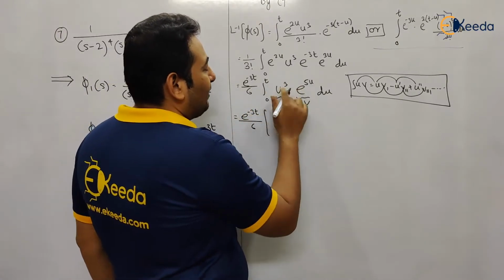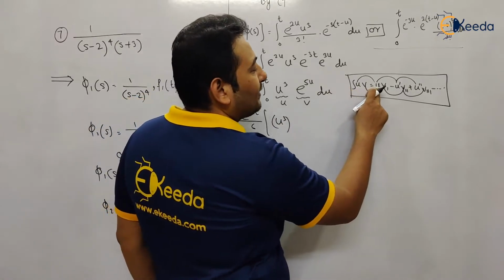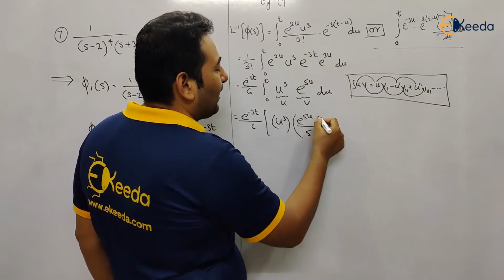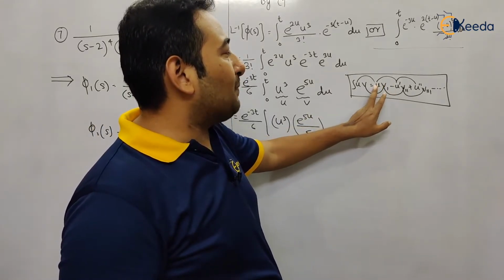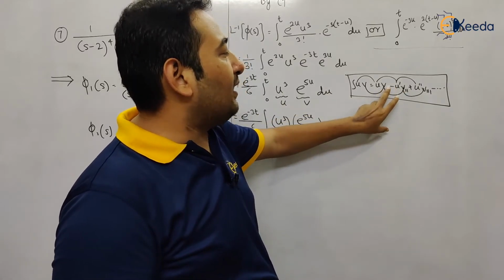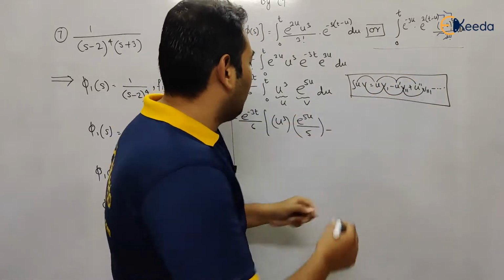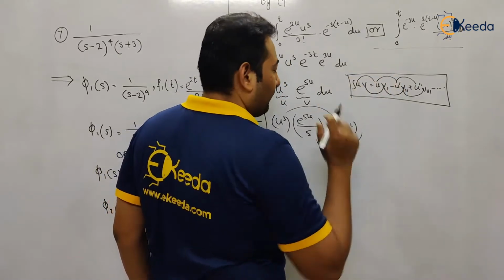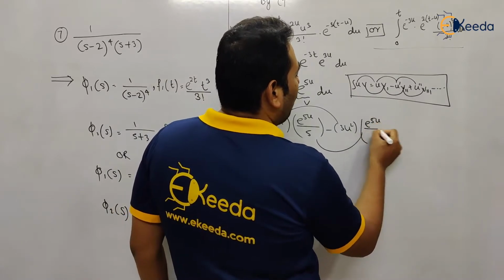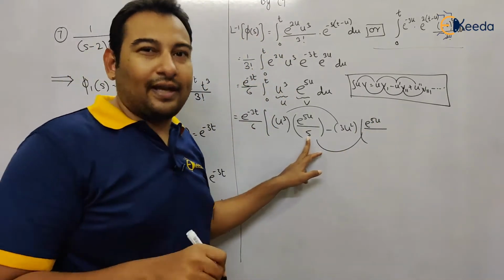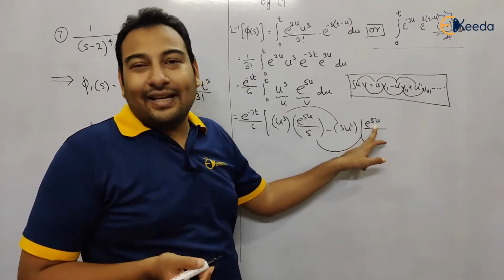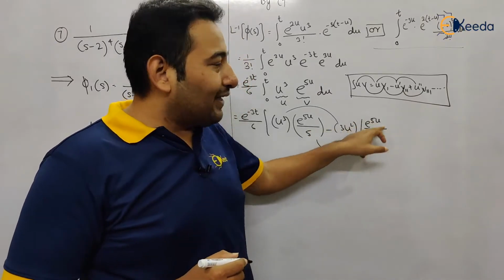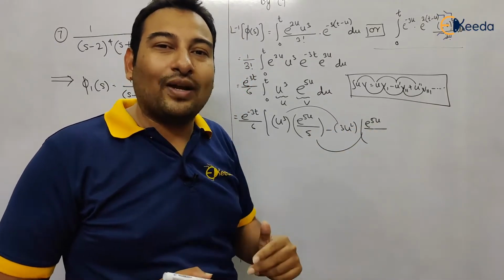u as it is, that means this u cube as it is. Second term, integration: e raised to 5u, we know the integration is e raised to 5u upon 5, minus, alternate signs plus, minus, plus and so on, minus derivative of this term. The derivative of u cube is 3u square, integration of this term: e raised to 5u upon, in the denominator we have already 5. If you integrate this, e raised to 5u, again in the denominator you will get 5. This 5, and after integrating we'll get again 5, that is 5 square, that is 25,